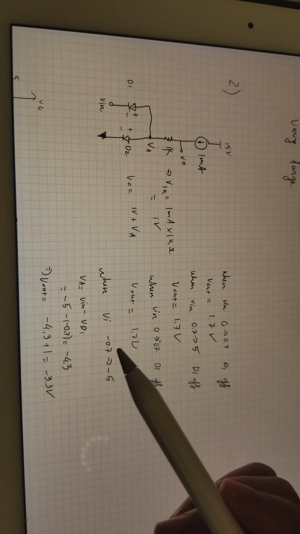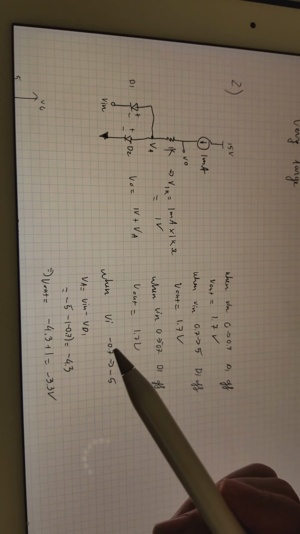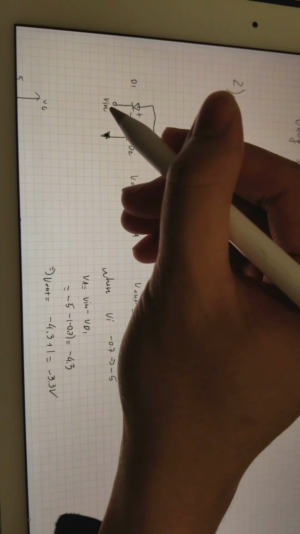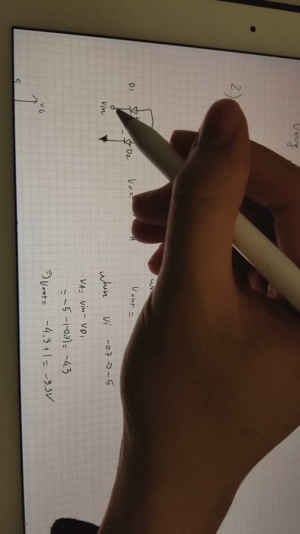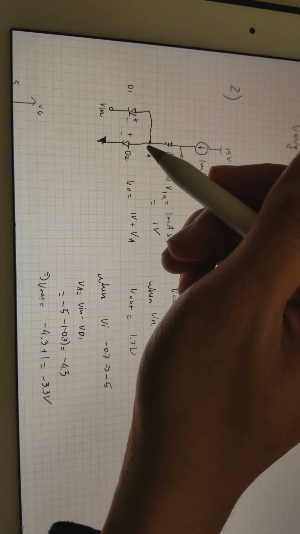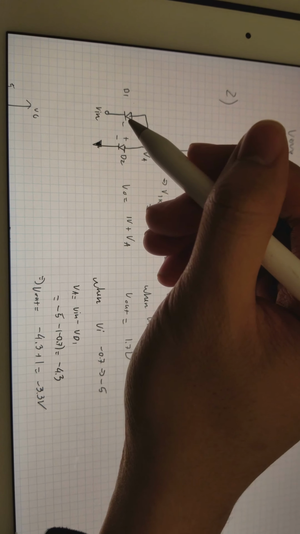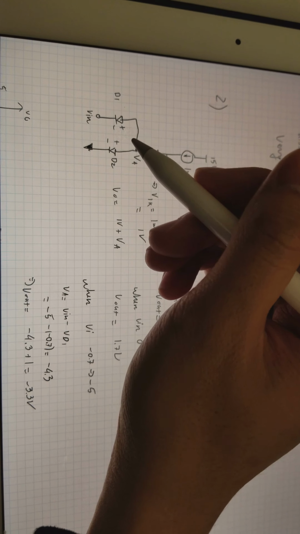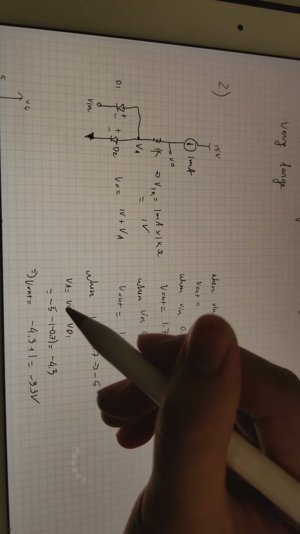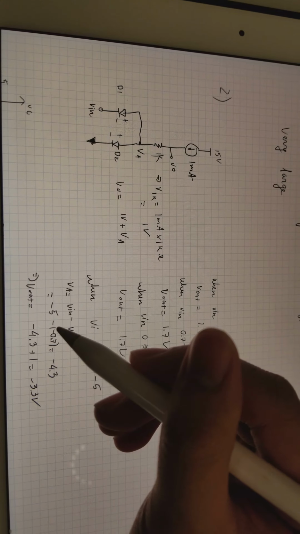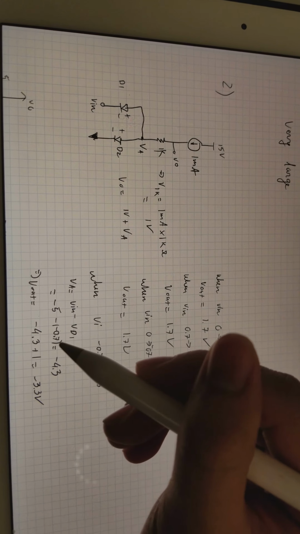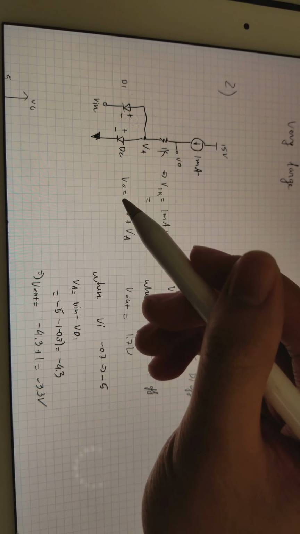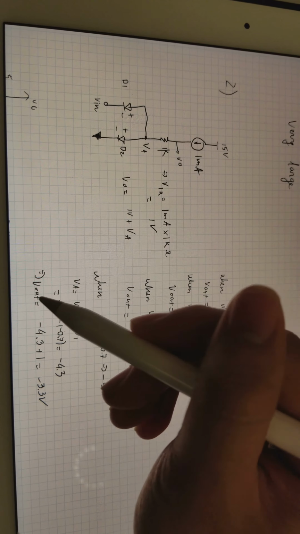Then when V in goes beyond minus 0.7 to -5, at that point VA, the voltage at A, equals V in minus the voltage across the diode. It's -5 minus 0.7, so it goes to -4.3. So VA is equal to -4.3, and we know that V out is equal to 1 volt plus VA, so V out is going to be